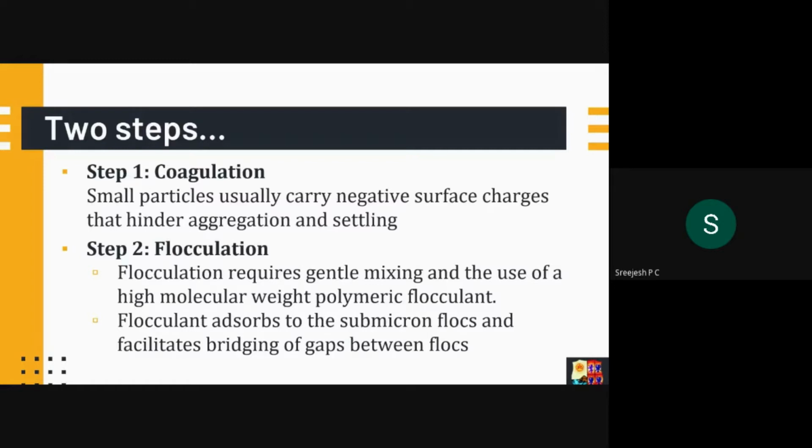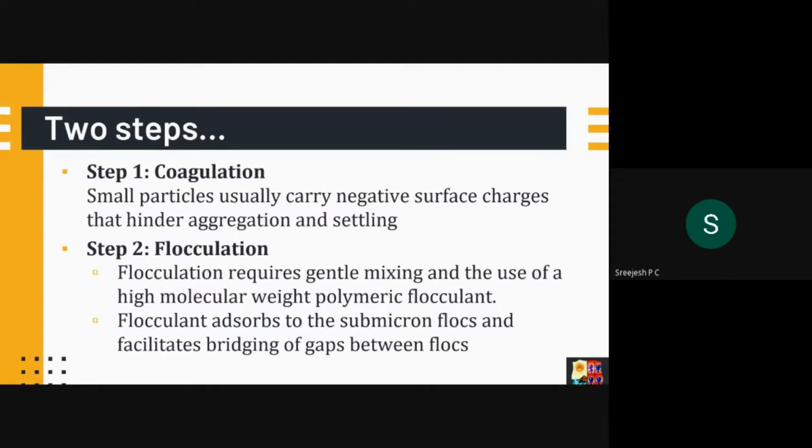Now coming to the next step, flocculation. During flocculation, we give a gentle mixing. The coagulation has already happened, so you will be able to see small visible floc formations. Now these flocs are small. They will not settle down; they will still be floating. To make them settle, we need to increase their density. For that, we further allow them to agglomerate, further allowing them to aggregate together.